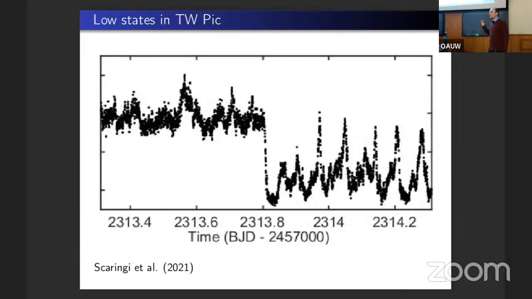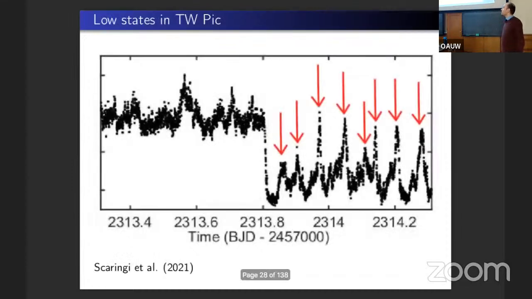So what may be the physical reason behind that low state? We already know it is not the same as previously, because such dramatic change in mass transfer rate cannot simply happen because the mass donor stopped the mass transfer so abruptly. So the reason has to be different. And the hint comes from the variability during the low state. So we see many flares separated by roughly 2 hours, and each flare lasts for about half an hour. So we interpreted in our paper these flares as magnetically gated bursts.